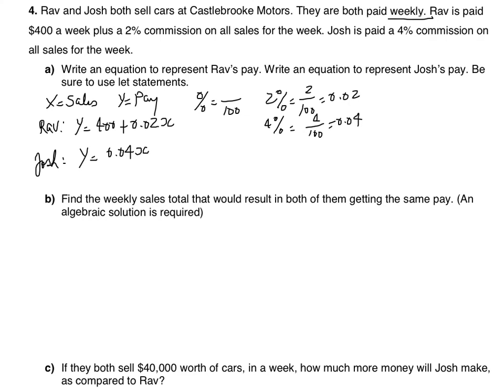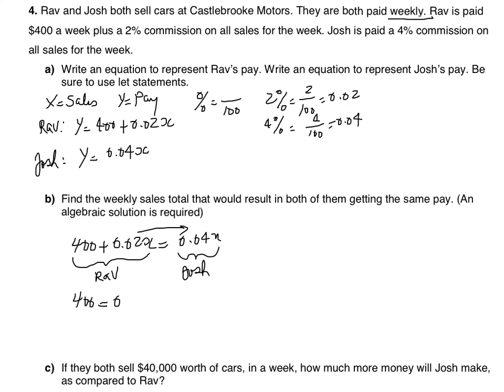Now part B says find the weekly sales that would result in both of them getting the same pay. This means 400 plus 0.02x has to be equal to 0.04x. Remember, this is Rav's pay and this is Josh's pay. Now, to solve this one, I'm going to bring 0.02x to the right and it becomes negative. So we have 400 is equal to 0.04x minus 0.02x, which is going to be